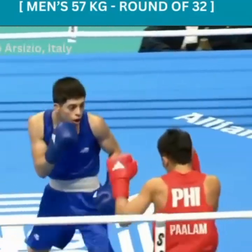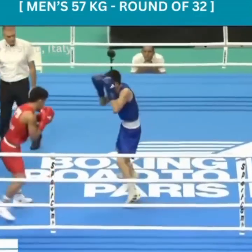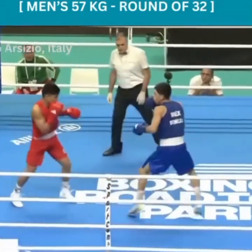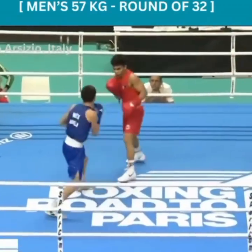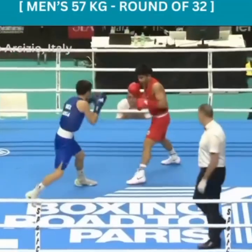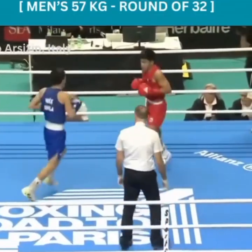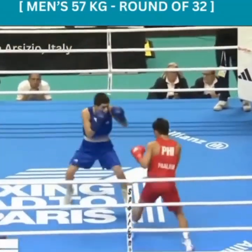Bonilla on the front foot now, having conceded that first round on a 3-2 split. And he's using that speed to try and establish that left jab. Paalam looking for the backhand over the top. Good left hand to the body once again from Bonilla, and that's proving to be a really prominent weapon in his armory. He's shape-shifting in front of his opponent, but he's looking to get his own shots away downstairs, but